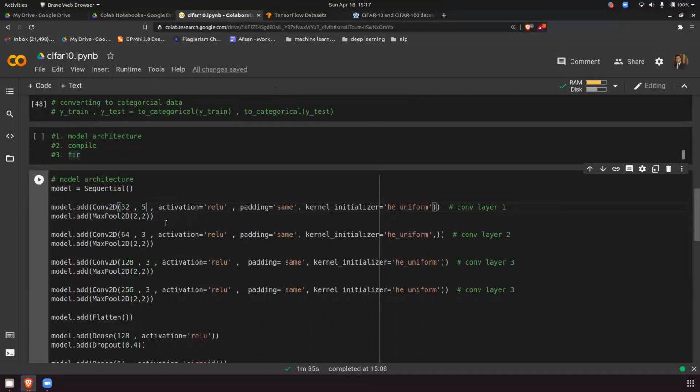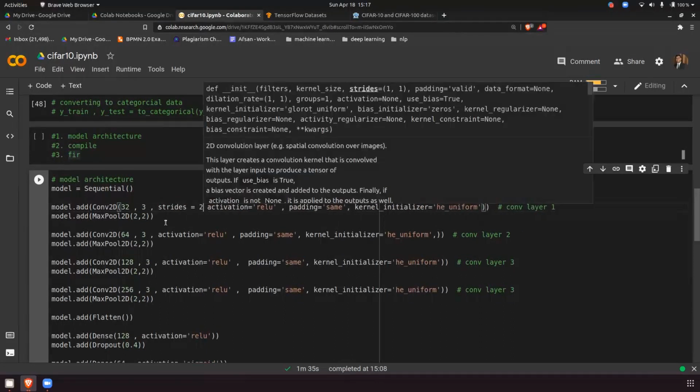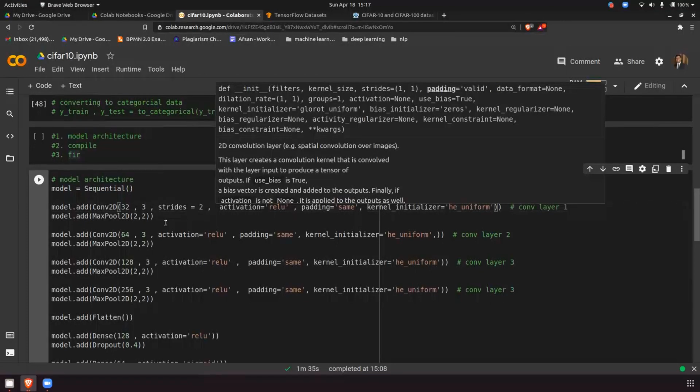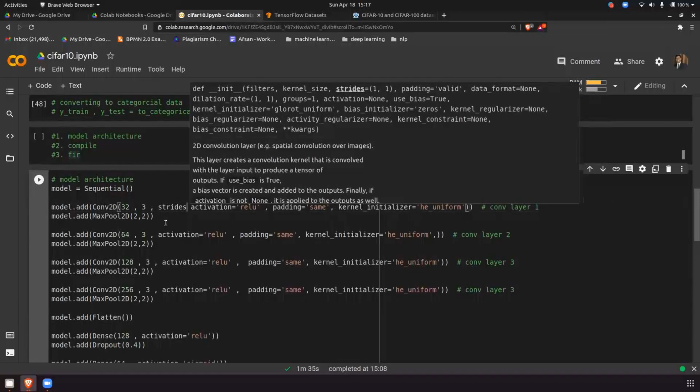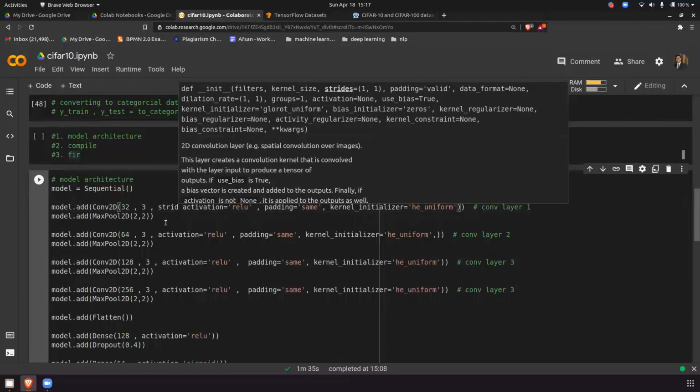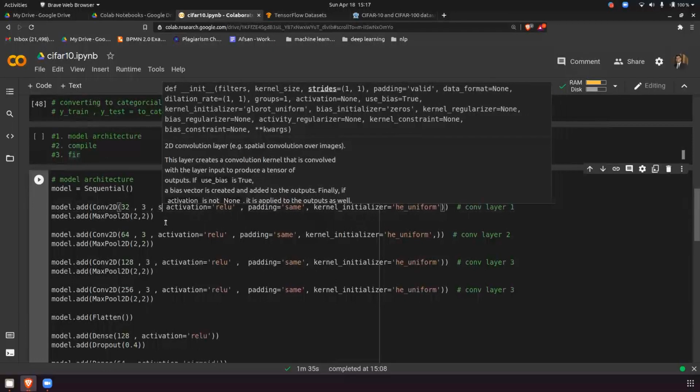Yes, of course. If you want a kernel size of 3 and you want a stride, you can set strides equal to whatever you want. I got it now. The filter is the number of filters you want, and kernel size is the size of the filter.